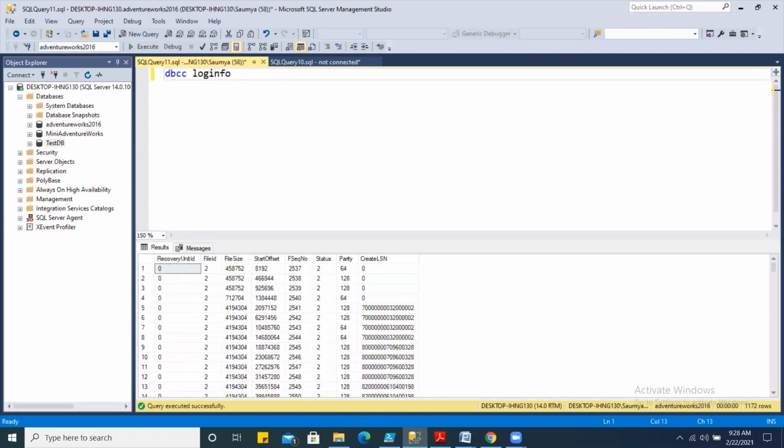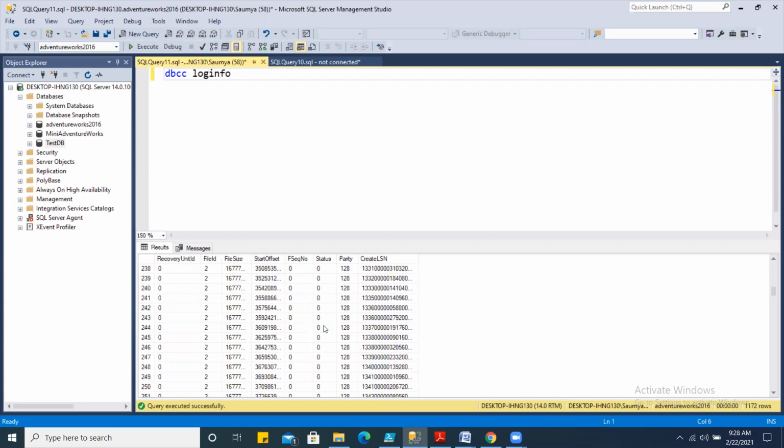So how many rows do you see? 1172 rows you see here. These are your VLFs, right? And it shows the VLF status here, either 2, or for some you may see 0. It shows only 2 states, 0 or 2. What does it mean? I am coming to this, right?